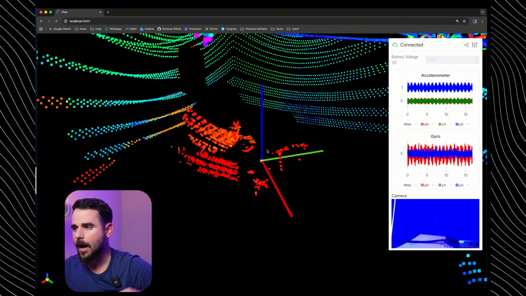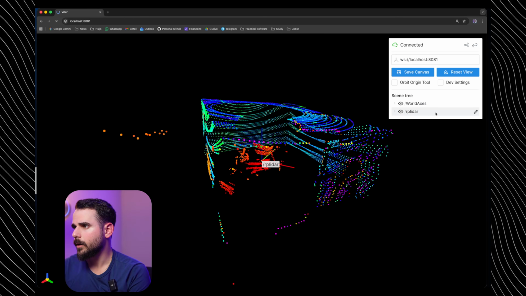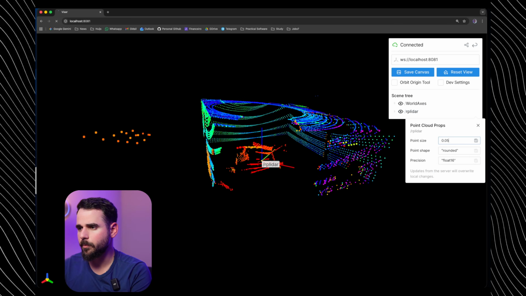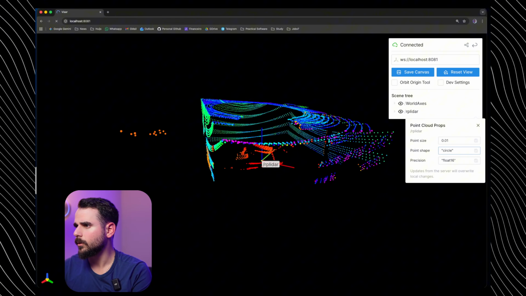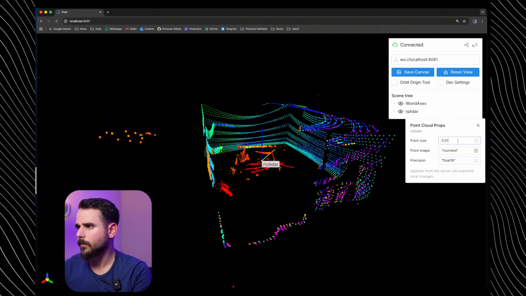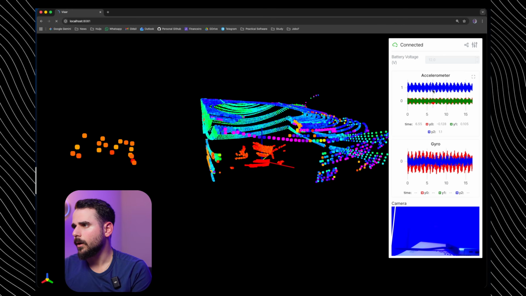Yeah, this is a LiDAR. I can navigate like this. Like we saw before, I can do a small manipulation on the size of the point. I can make it big, I can make it small, I can make it circle. I'm not sure of the options here. Let me make this point a little bit bigger, and I'm gonna go back to the GUI, and here we have